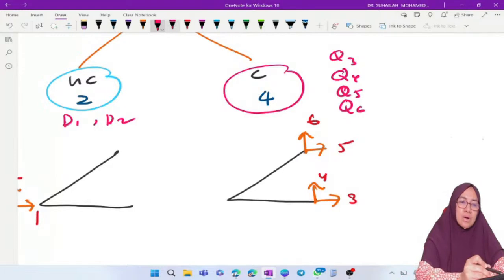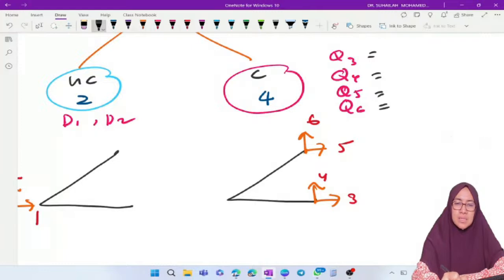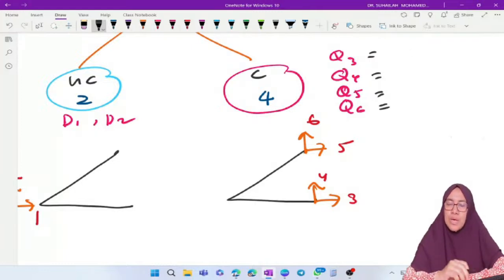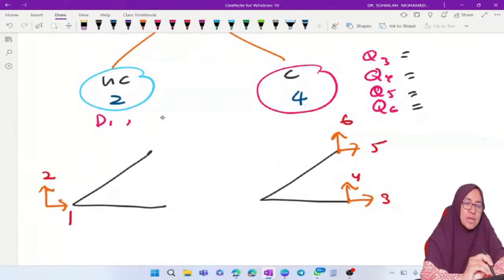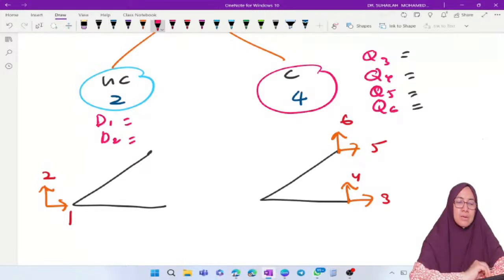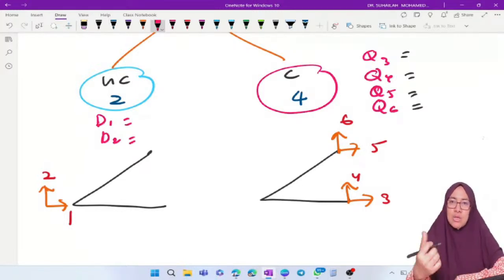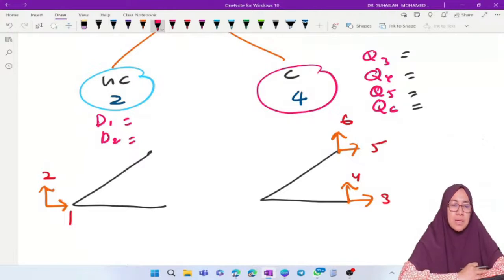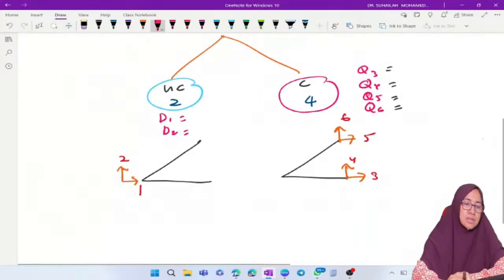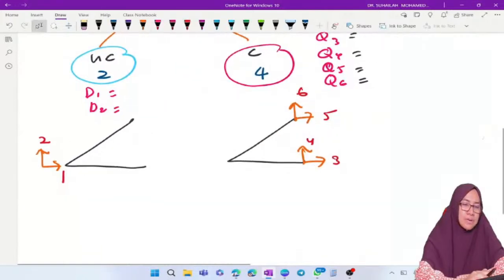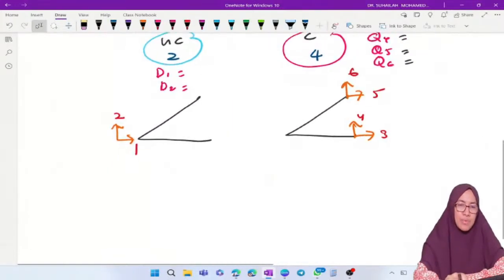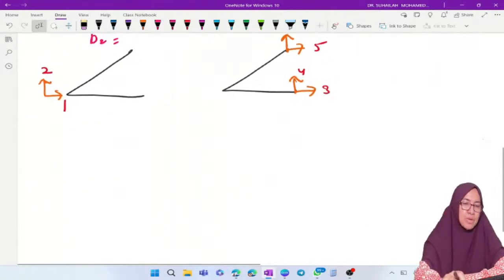Okay, so all these are the unknowns, meaning this is the output that we will calculate. So we have to calculate D1 and D2. And after that, we have to calculate Q3, Q4, Q5, Q6. Okay. So when we combine back, we will get,